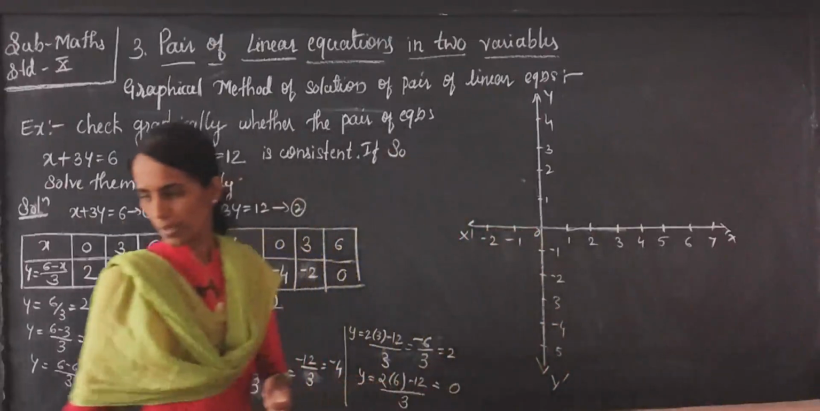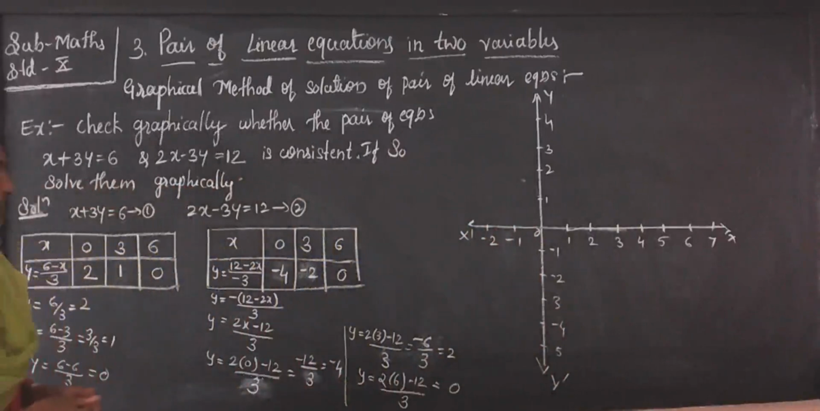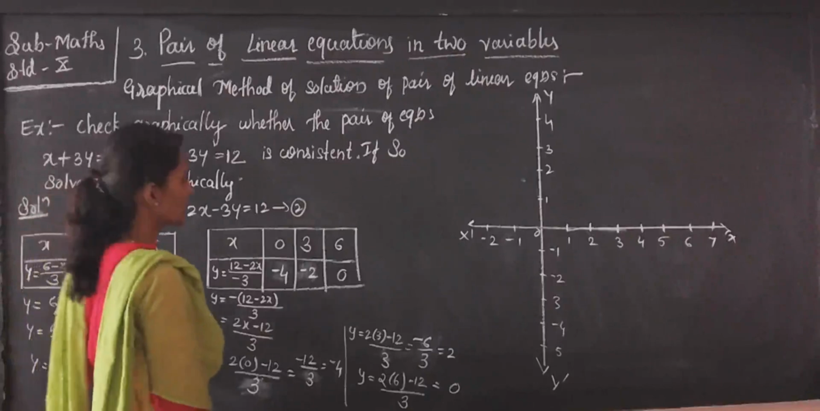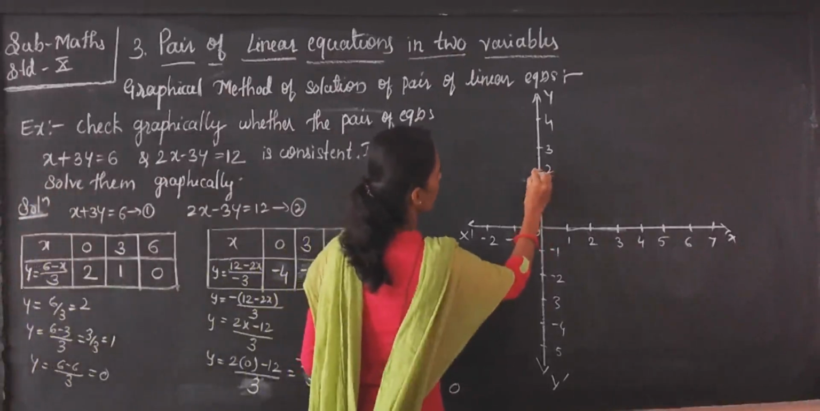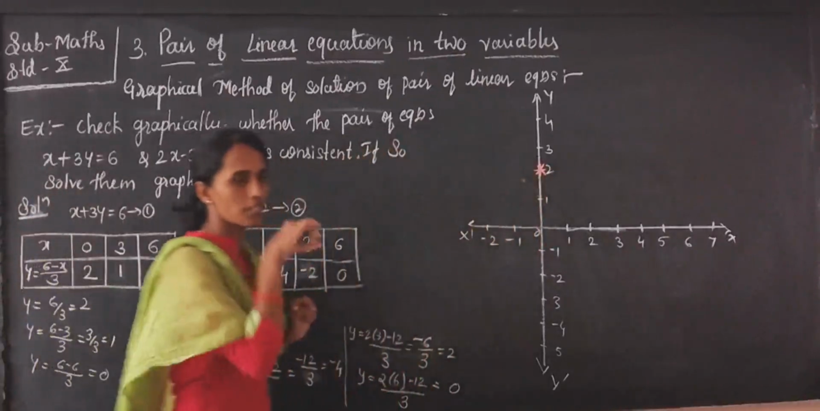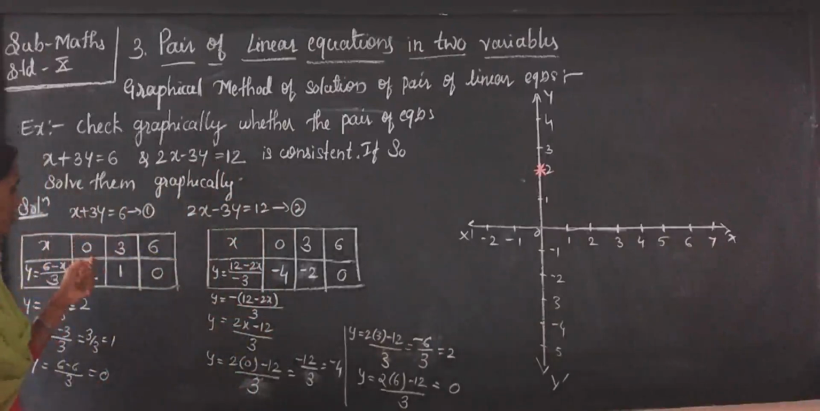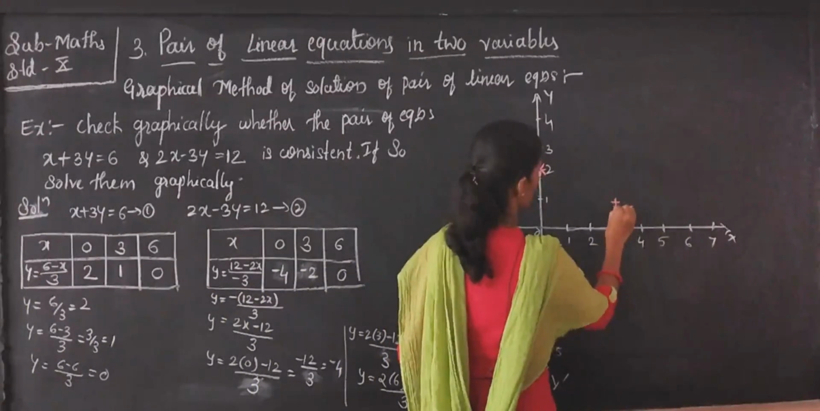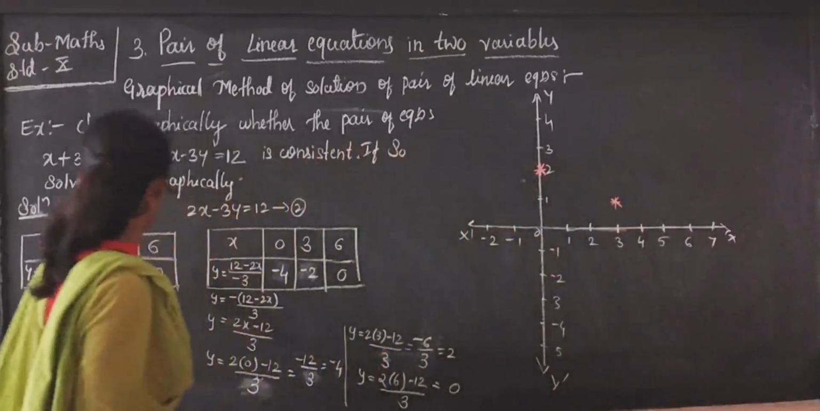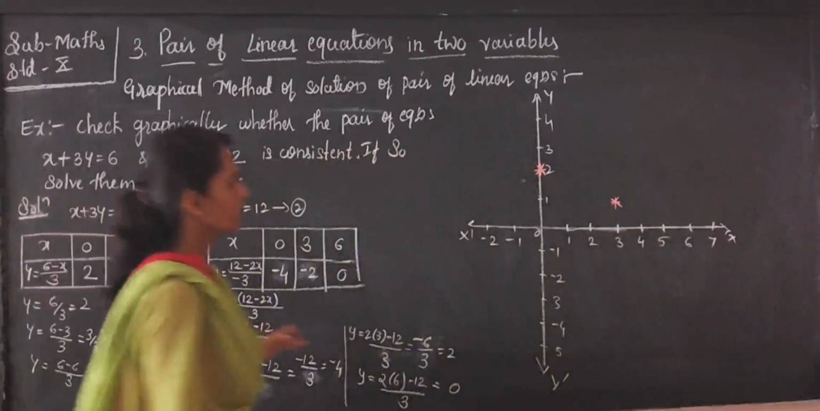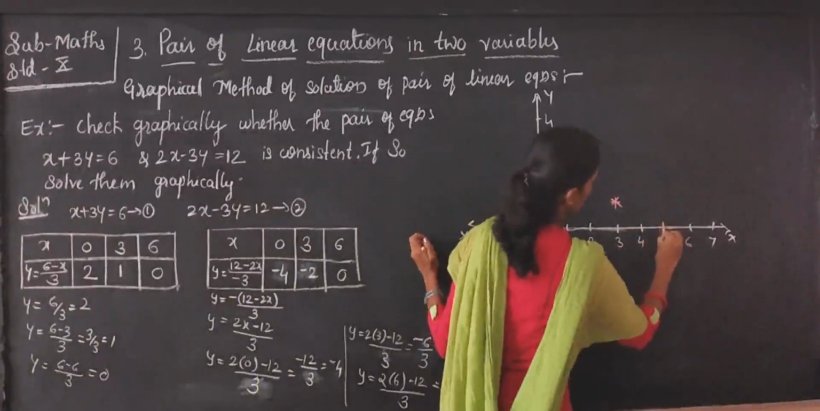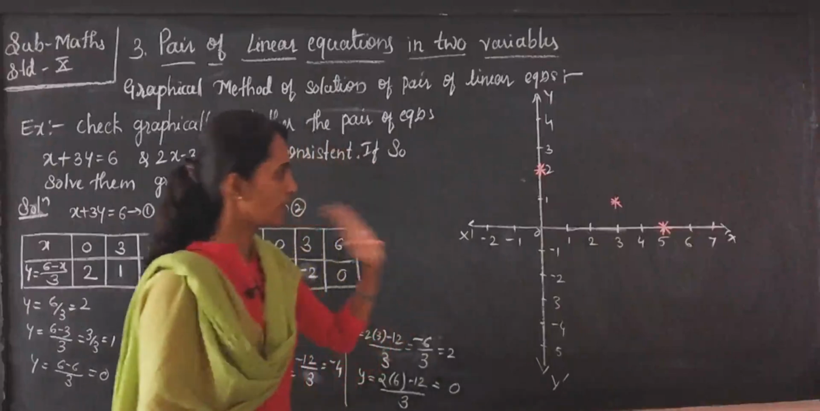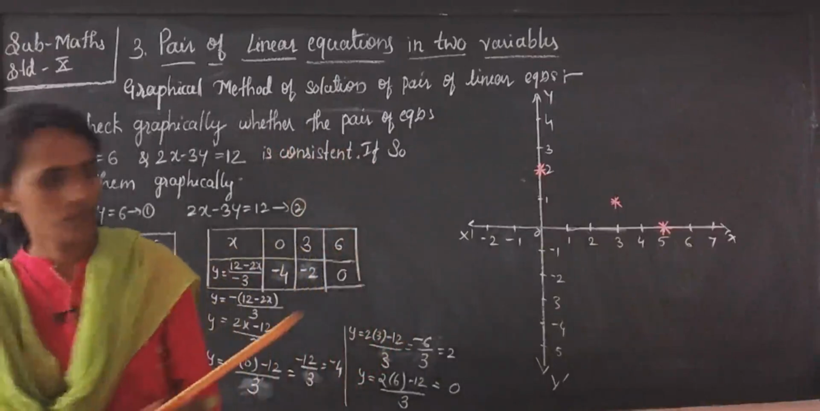Okay. So now represent the equations. First equation: when x is 0, y is 2. First equation, that is x plus 3y is equal to 6. When x value is 3, y value is 1. Next one, when x value is 6, y value is 0. Here it will become (6, 0). So first equation,